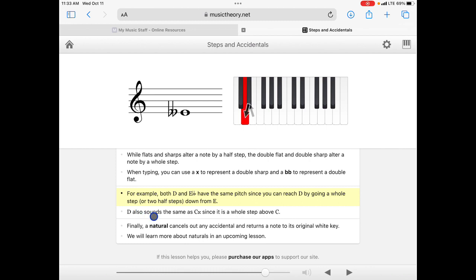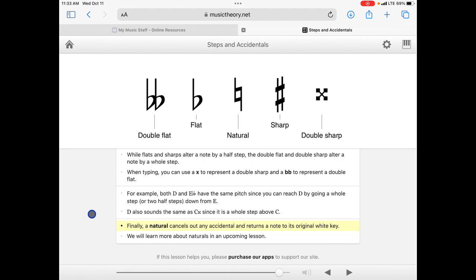D also sounds the same as C double sharp because it is a whole step above C. Now, the last symbol we're going to talk about for our accidentals is going to be natural. So a natural cancels out